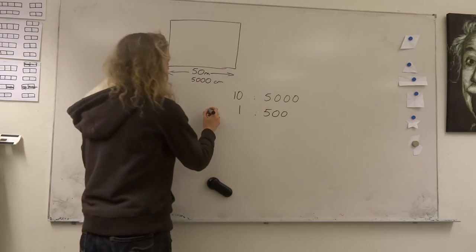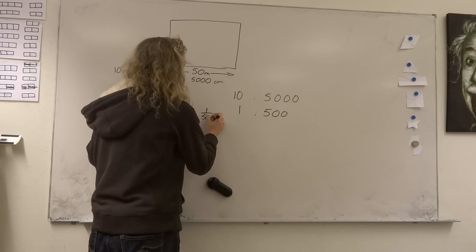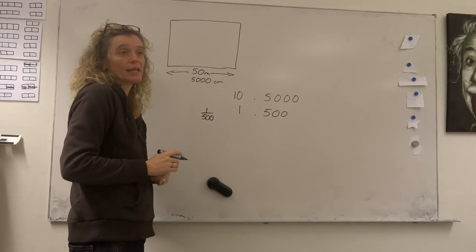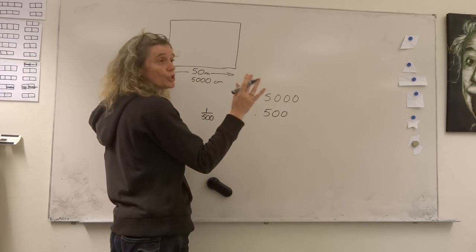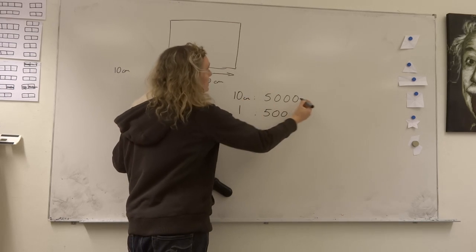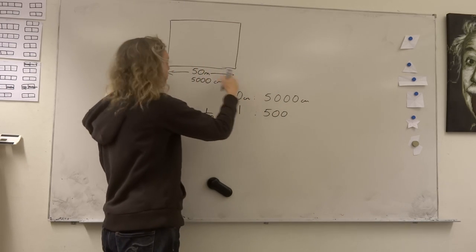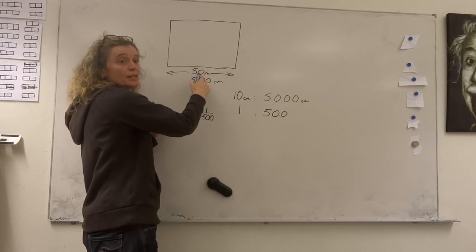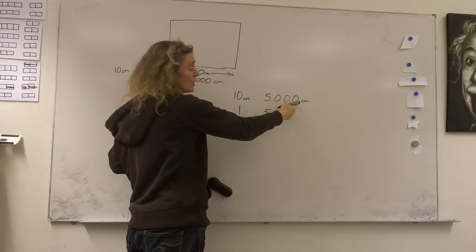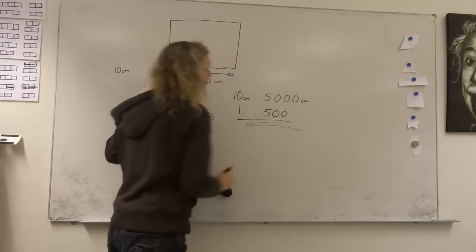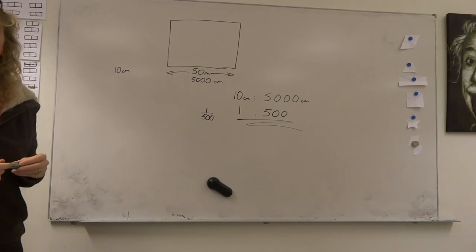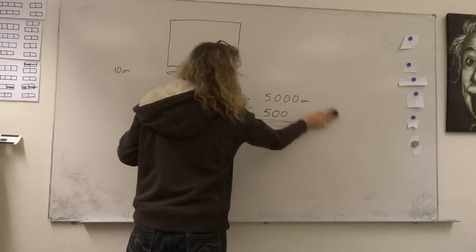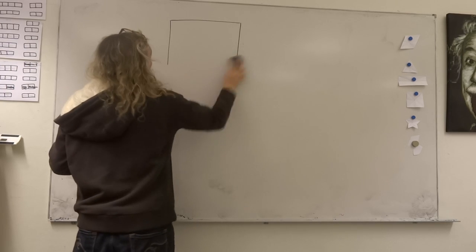Our sketch is 1/500th of reality. Important here when you're going to do this is that you're comparing centimeters to centimeters. So you must convert this length in meters into centimeters. So the scale that we have for this plan is 1 to 500. Okay, and then we have the last question,